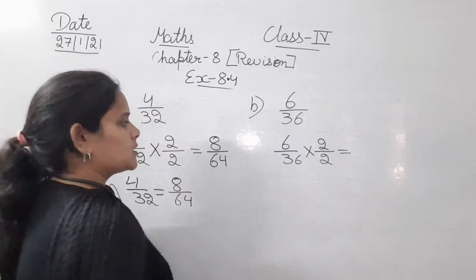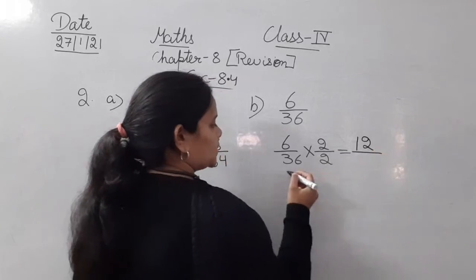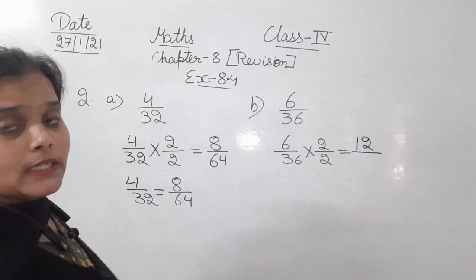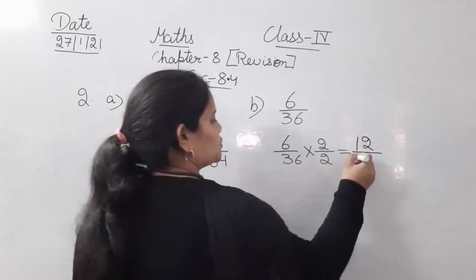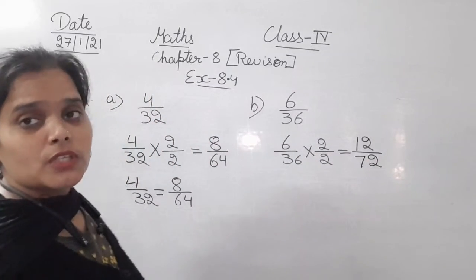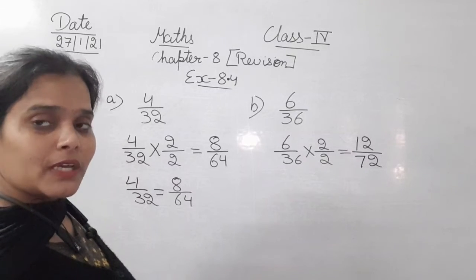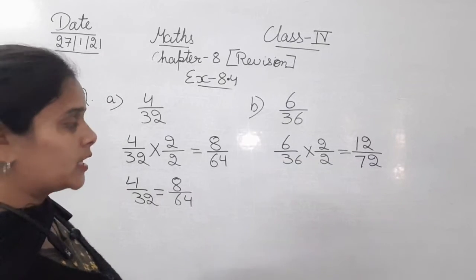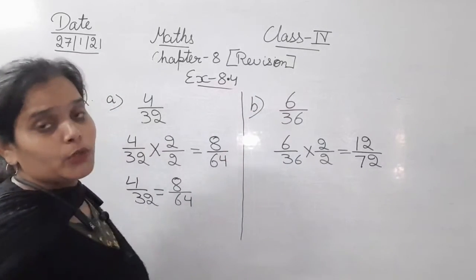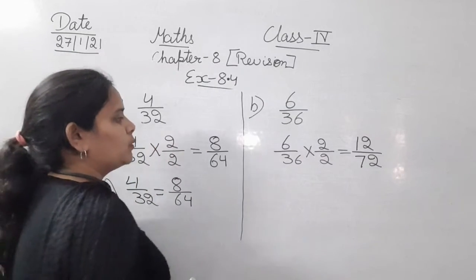That is 6 2s are 12, 36 twos are 72. अगर आपको इन दोनों को मल्टीप्लाई करने में प्रॉब्लम आ रही है बेटा, so you can do the multiplication of this 36 with 2 in the rough as well, okay. तो उसमें रफ में करके then confirm your answer, only then you will do it, you must do it, because छोटी सी भी कंफ्यूजन, कैलकुलेशन कंफ्यूजन आपके क्वेश्चन को जीरो कर देगी, ठीक है.